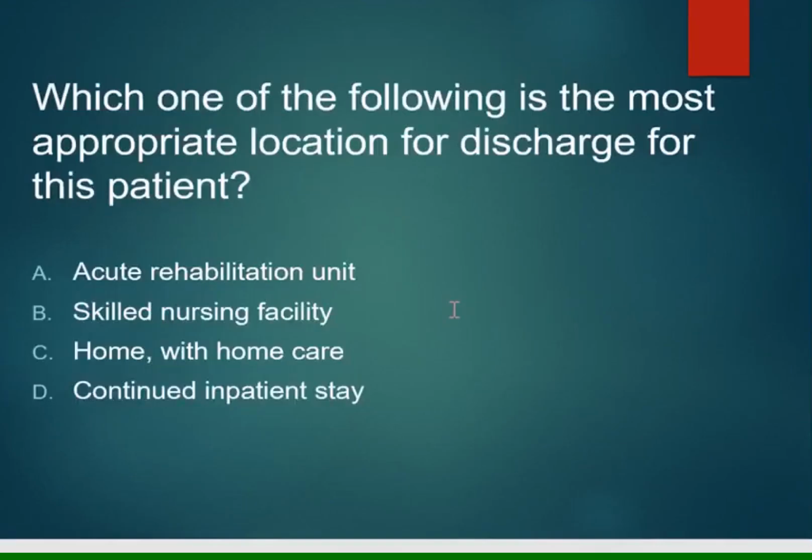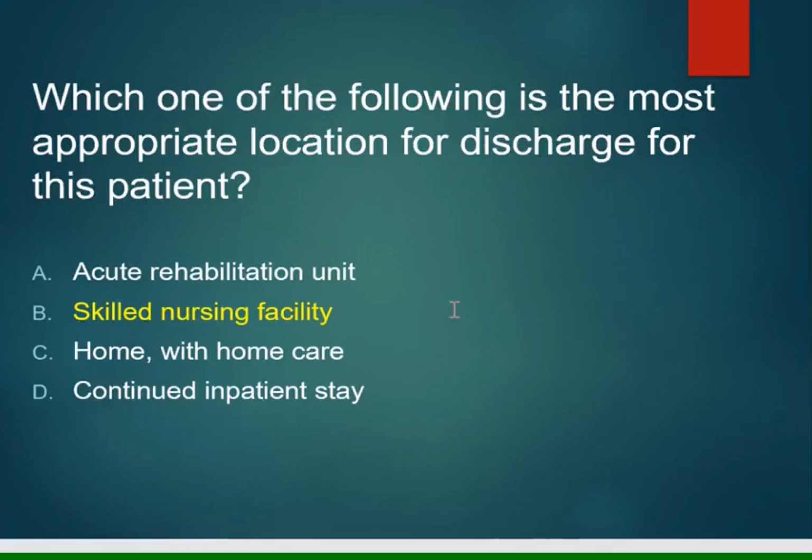So another question here is, which is the appropriate location for discharge? Acute rehab unit, a skilled nursing facility, home with home care, and continuation of the inpatient stay. So the correct answer is skilled nursing facility. And this individual meets all the criterion for Medicare for transfer to skilled nursing facility. He likely had 3 overnight stays at the hospital, and he had need for intravenous antibiotics as well as intensive